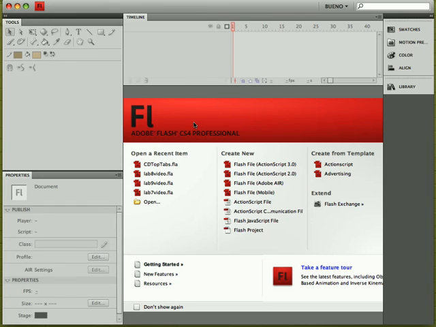So in this tutorial, I want to show you guys how to bring in video into your Flash projects via Actionscript. Now we could use a video component, but those tend to be real heavy and add a lot of file size to your projects. So to begin, I'm going to create a new Flash file,